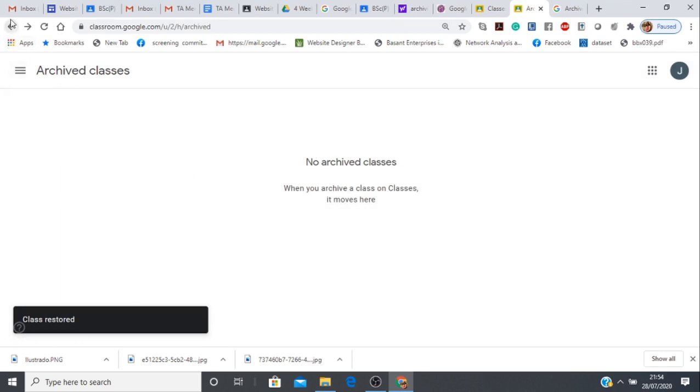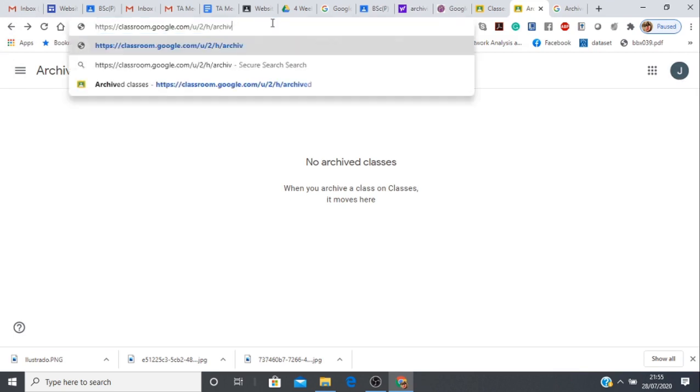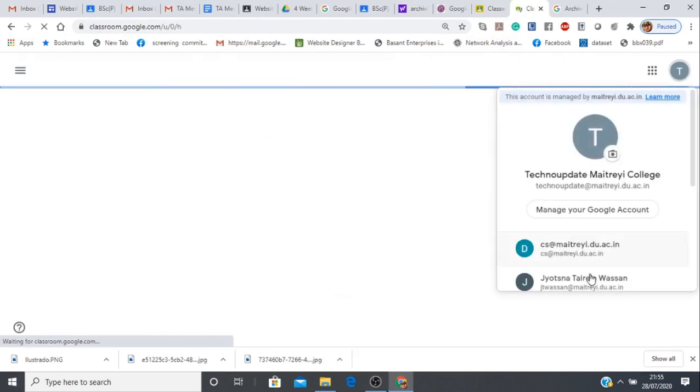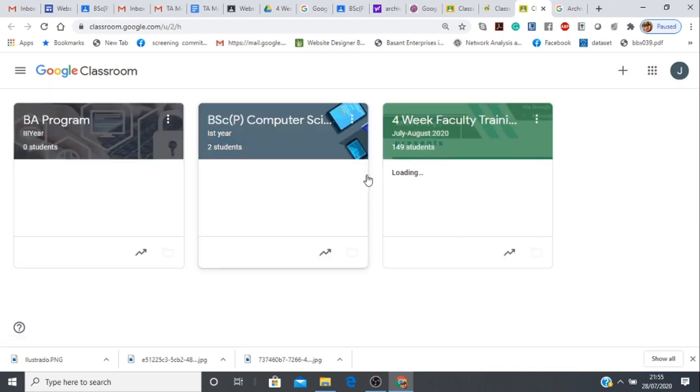I go back, and now we can see the classroom has been restored from the archived classes.